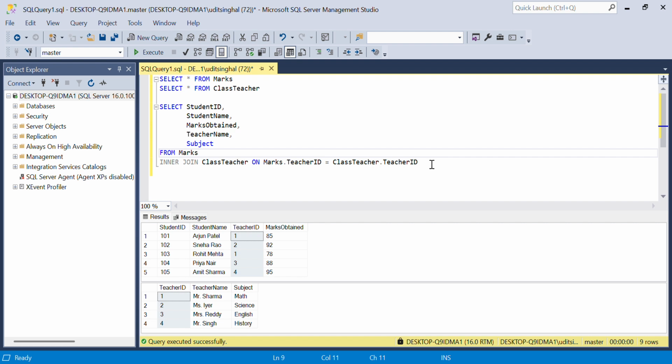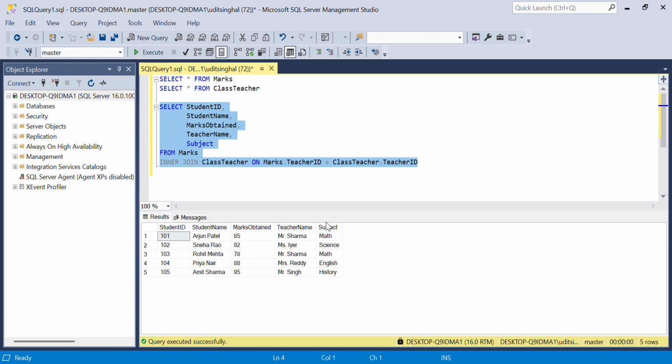Now, if you see, there is one common column name, which is teacher ID in both the tables, and we have not included that in our select statement. So if you execute this query,